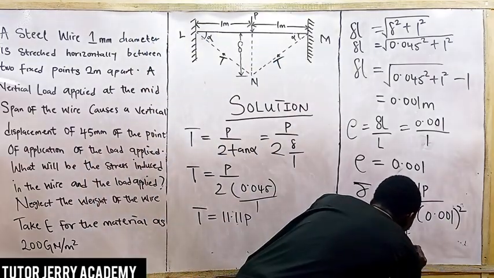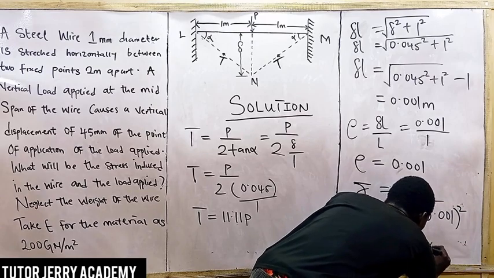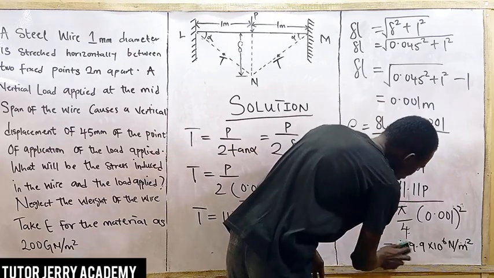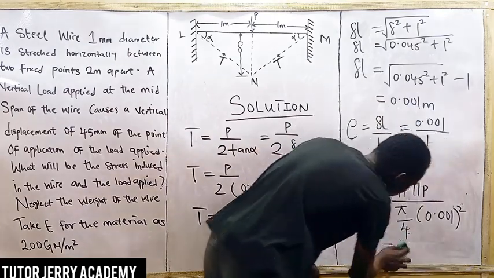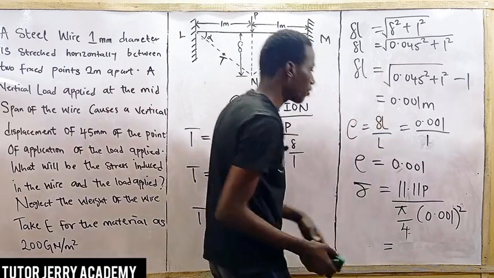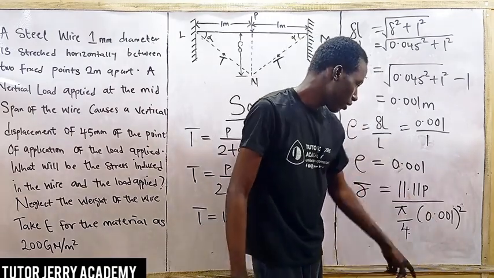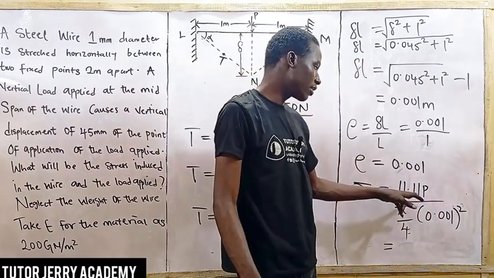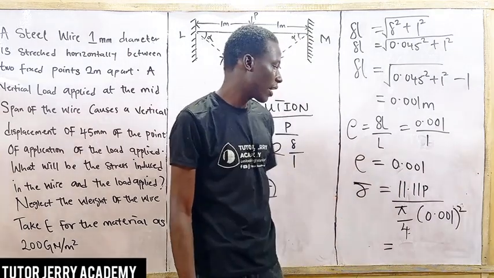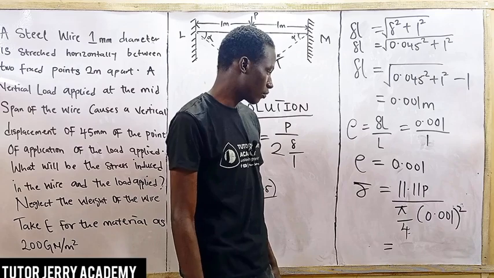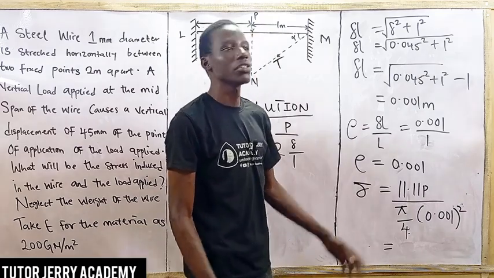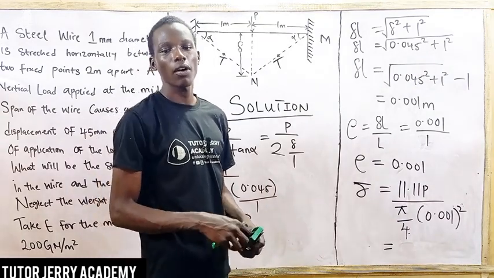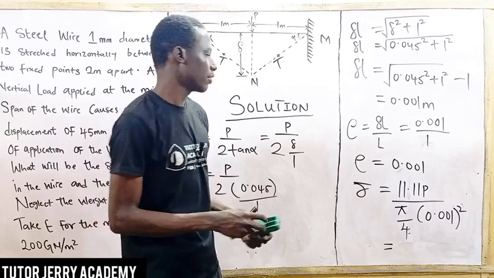So we have 199.9 times 10 to the power. So when you solve this, you're not going to have this value. Please ensure you press your calculator correctly. When you multiply here, you are going to take the square of this, multiply it by pi and divide by 4. Then divide it by 11.11. So if you do this, you're going to be having 14.14 times 10 to the power of 6 P